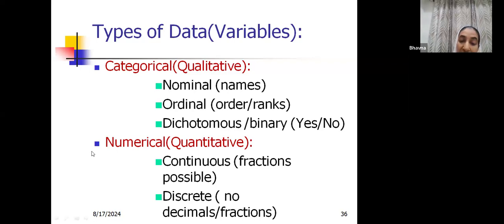A typical example of discrete data is the number of siblings you have. No one will ever say, I have 1.5 siblings, 2.5. It is always 1, 2, 3, 4, whole numbers, okay? But continuous data is that data which can be subdivided into fractions, right? For example, weight in kg. I always give this example, which is the simplest one, that the decimalization of your data will depend on the sensitivity of the instrument that you're using, okay? So my weight could be 70.54 kg or 70.5 kg or 70.549 kg, depending upon the sensitivity of the scale that I'm using, okay?